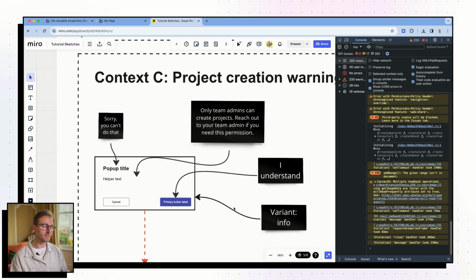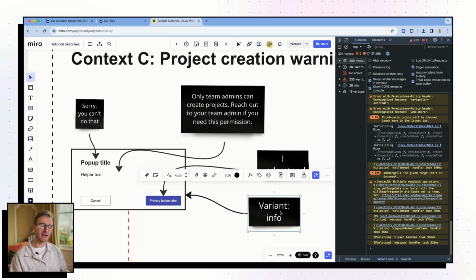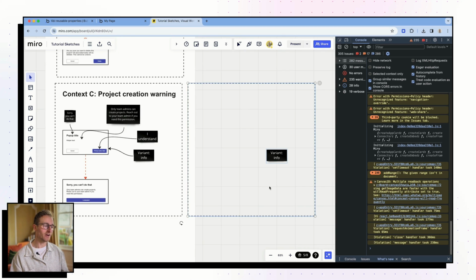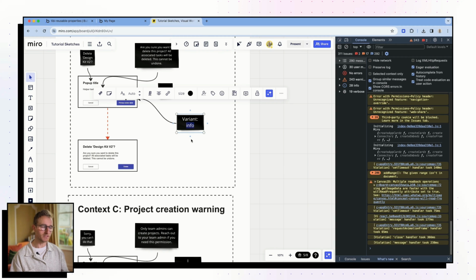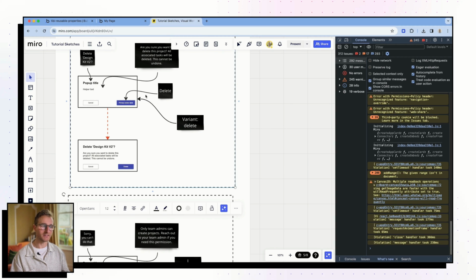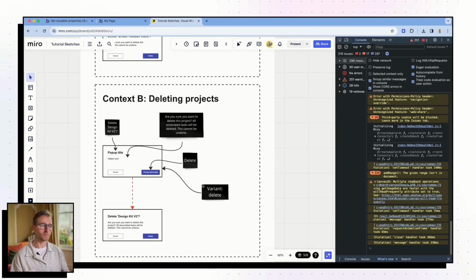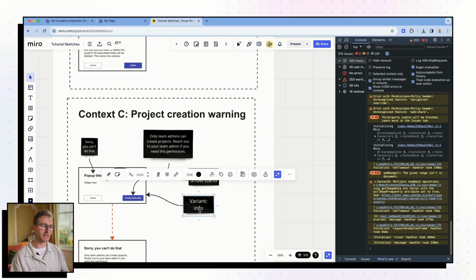But we can feed something even more interesting, which is this little nugget here. I'm basically calling a variant, right? It is a way that we're going to tell this pop-up essentially, what type of pop-up are you in this context, right? Maybe the variant over here, I neglected to add this in, but really what is implicit here is the variant in this context is delete. The same thing up here for deleting tasks, deleting projects. But the variant down here, when we're actually just giving a warning, we could say, yeah, it's info or it's warning, right? We can give it some different variant.